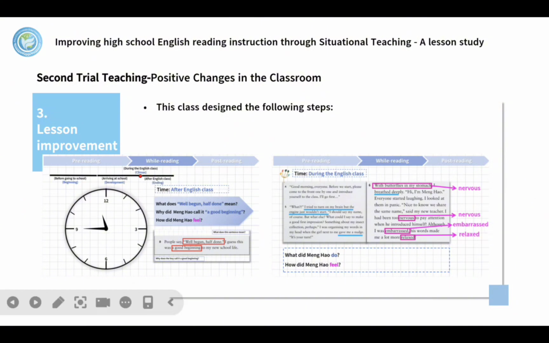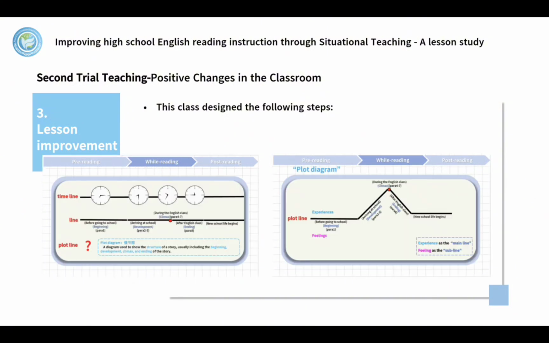And then in the post-reading part, we provided the students with the plot diagram tool to let them draw the plot diagram independently based on the timeline and Wang Hao's feelings and experiences.